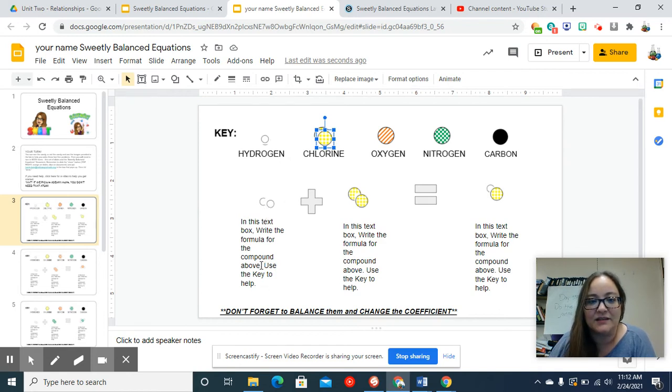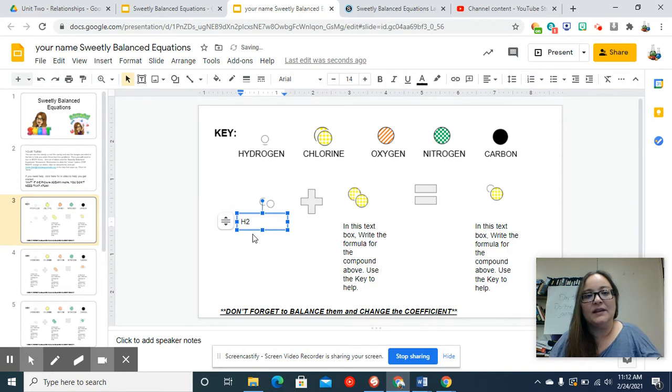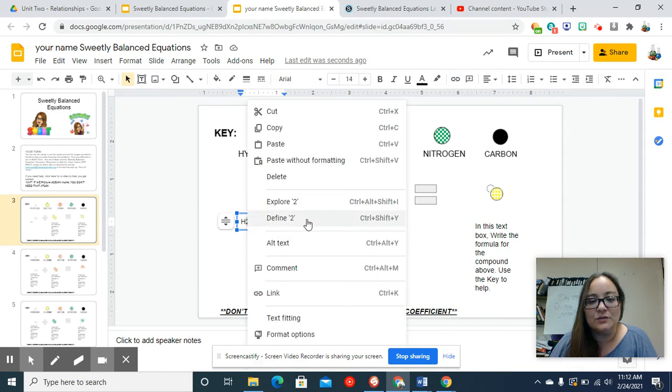So you've got a text box here. And we're going to write the formula. So that's H2. Now, if you don't want to mess with the subscripts, that is okay. You can do subscripts in Google Slides, though. You just have to